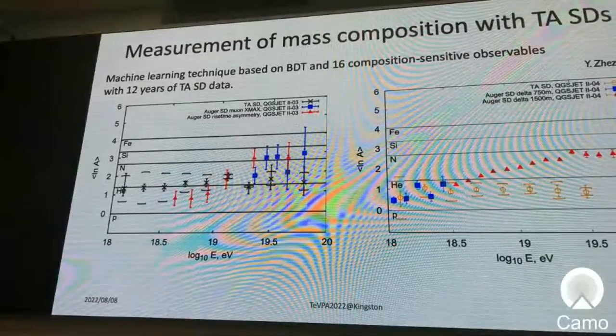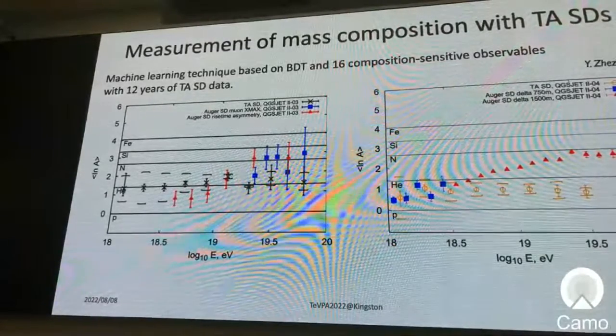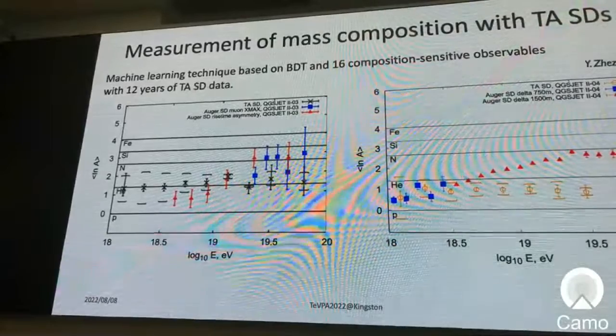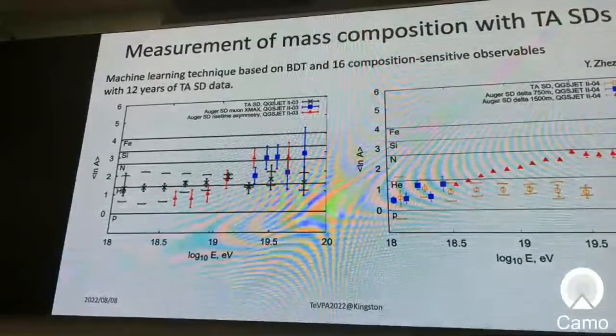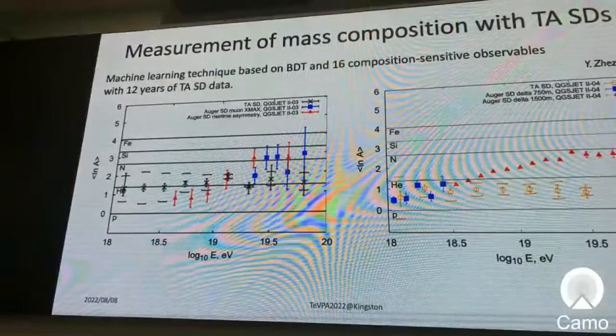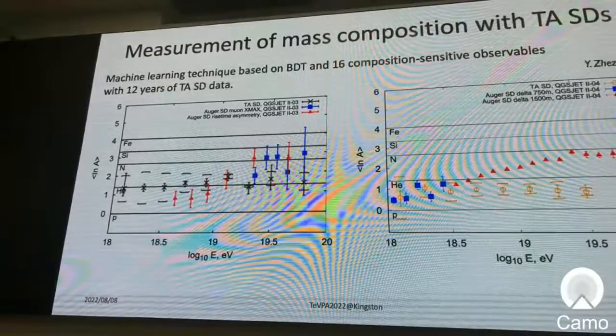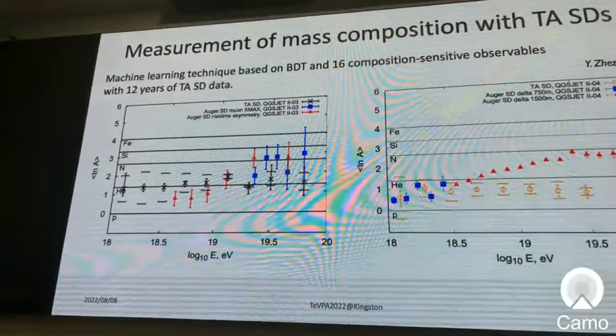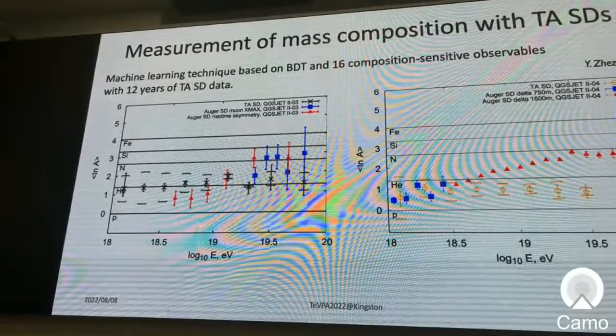It still needs more statistics, but the result looks consistent with light composition using QGSJET-II-04 and 03 data,